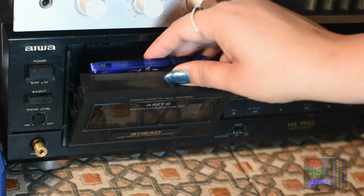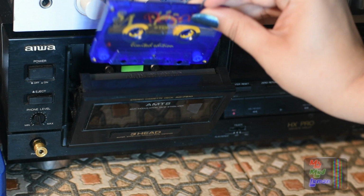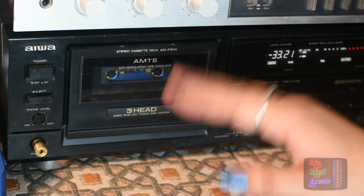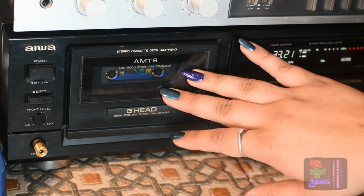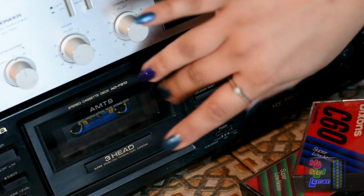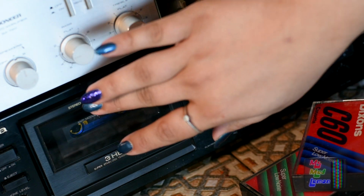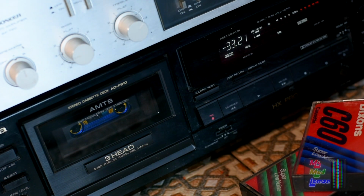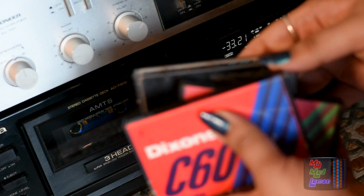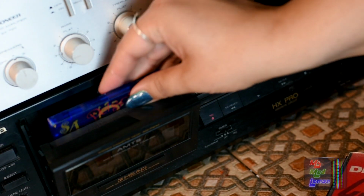Now just put a fresh cassette in. If you're recording on any cassette, it's always good to calibrate it, so that you can get the best adjustment for the cassette itself, whatever it may be. One of the things about this that's different to the other one is that it's got automatic ferric, chrome, metal selection. For those of you who do not know, how we can tell is if you get a chrome cassette,